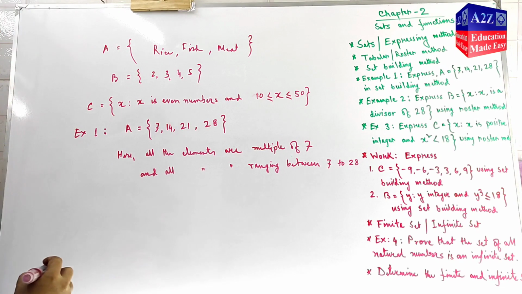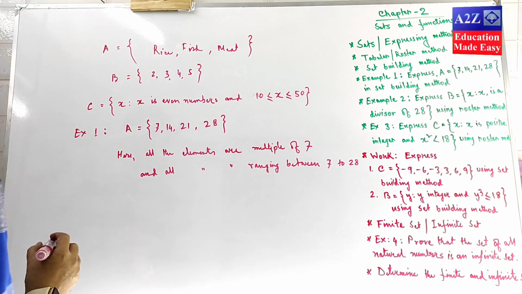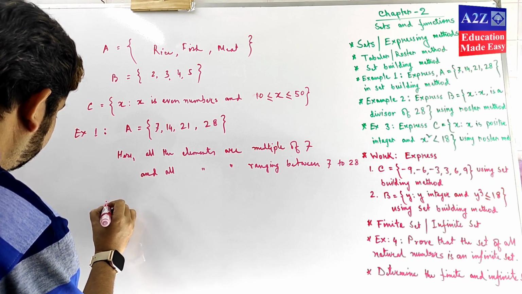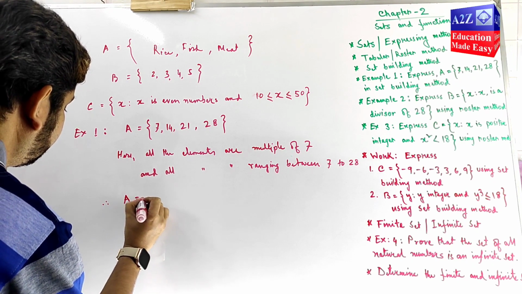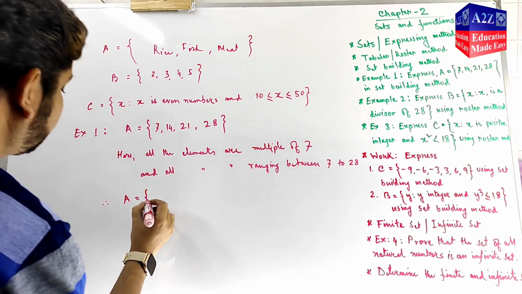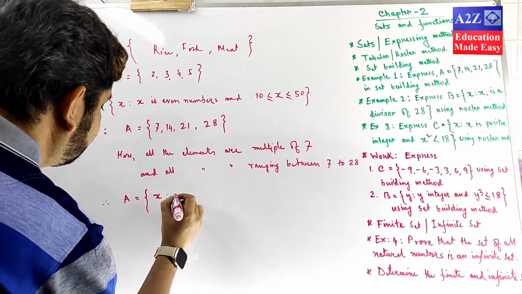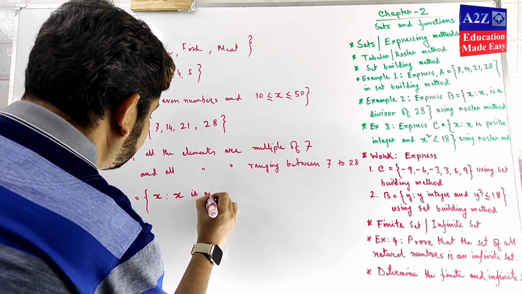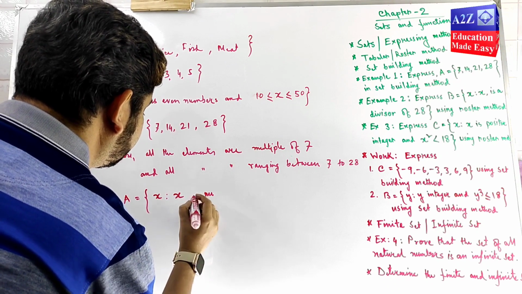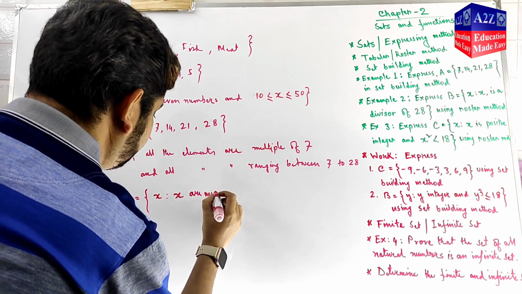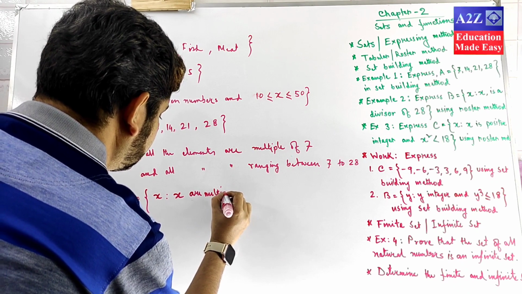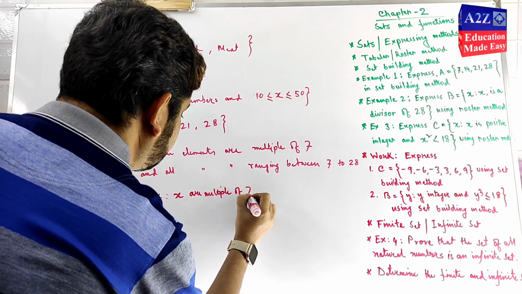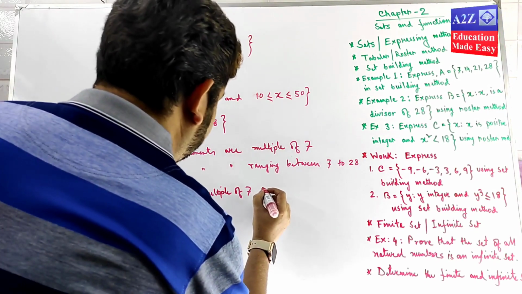Now we can very easily express the sets in set builder method. So in set builder method, let's say set A is the set of elements x such that x is a multiple of 7. This is the first property, and the second property